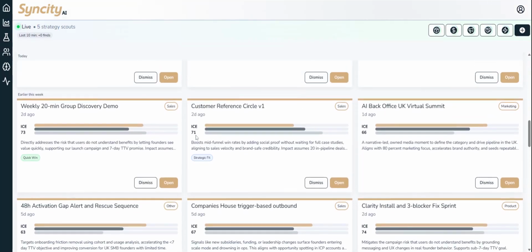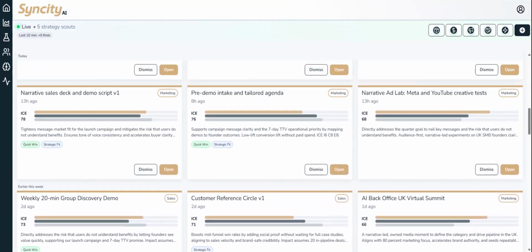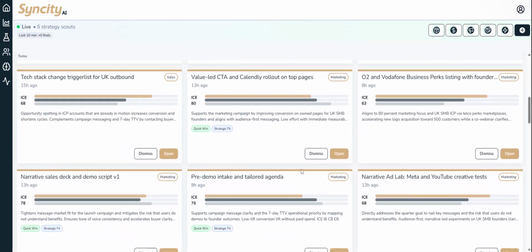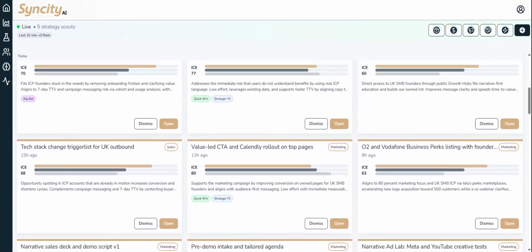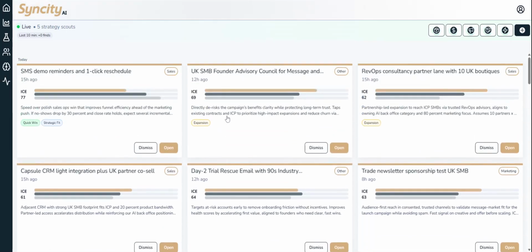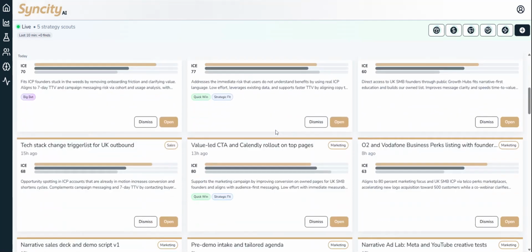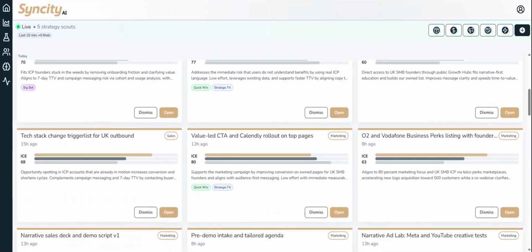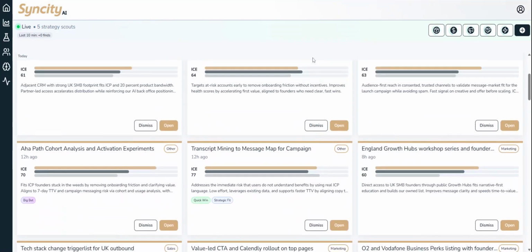You may want to just look at ones that are above 70 in the ICE score. Anything that's really good, that one's an 80, it's a good one to look at straight away. So there's some smartness to it. It's not just bringing back any old nonsense off the internet and bringing it through to you. Whatever your business, whatever your kind of company, whatever areas you work in, it will find relevant information based on that.